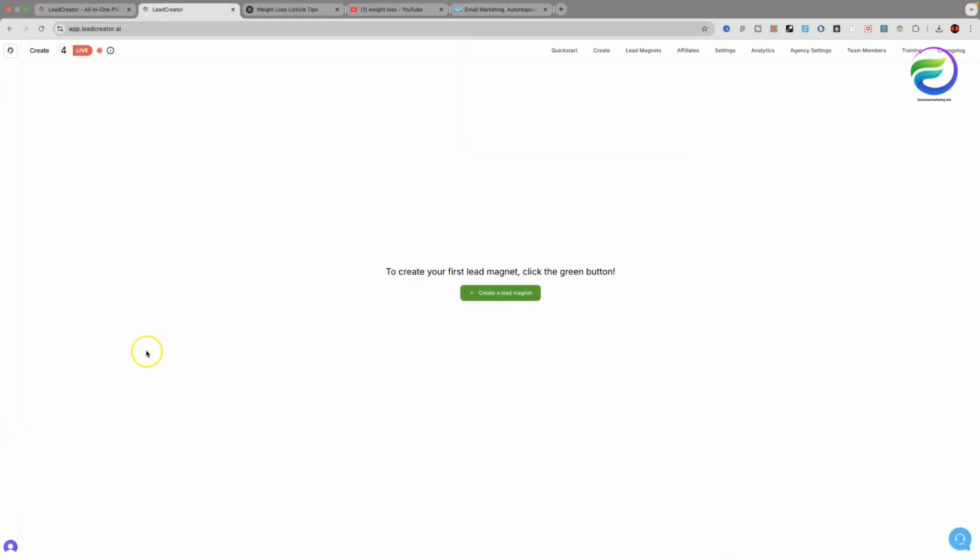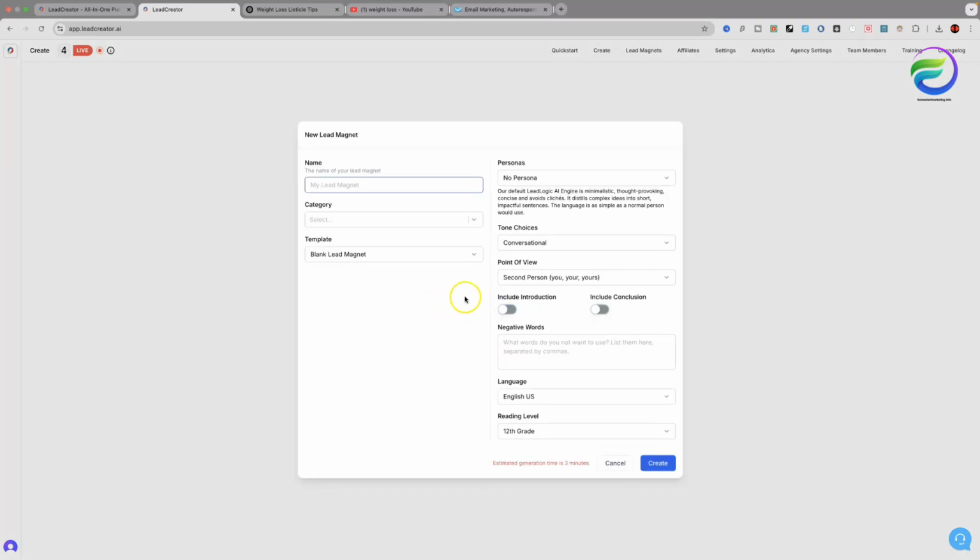So without further ado, I'm in the dashboard now, and in the middle, create a lead magnet. So we'll click that button and we'll give the lead magnet a name. For argument's sake, we'll call it weight loss, as that's a popular one. But this can be literally any niche under the sun. And below, we've got the option to choose categories, which you can create. I've created one for weight loss. So we'll select that,